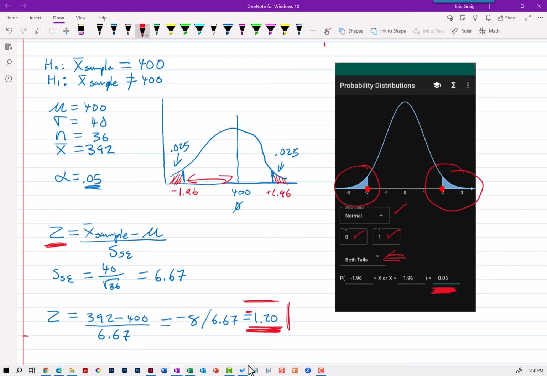The smaller the alpha level, the smaller on this end, or the larger on this end, the critical value for z will be, right? In this case, 0.05, you're probably not going to get an alpha level that's much higher than that. But in the other problem, with an alpha level of 0.01, I'm not sure whether we would have rejected or not. So bear in mind, again, what we're doing, what's the logic behind these procedures,